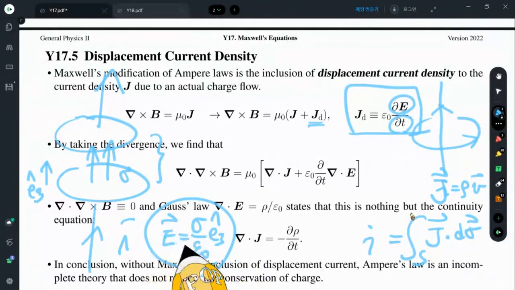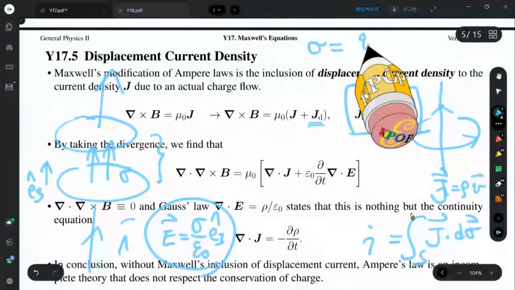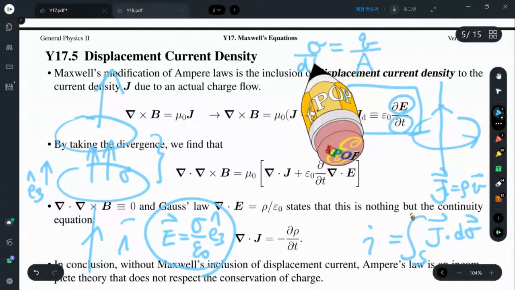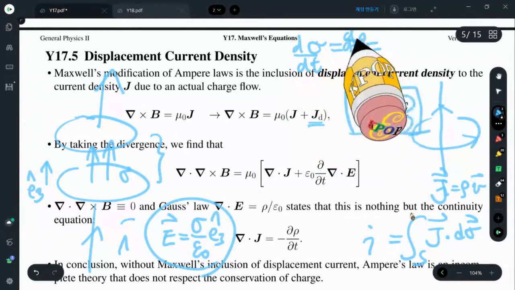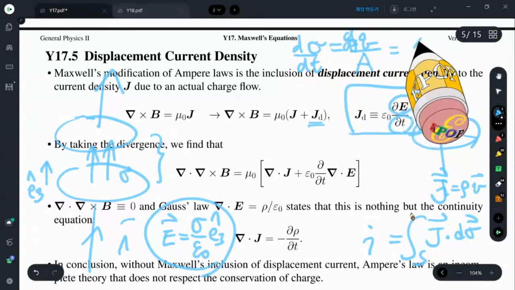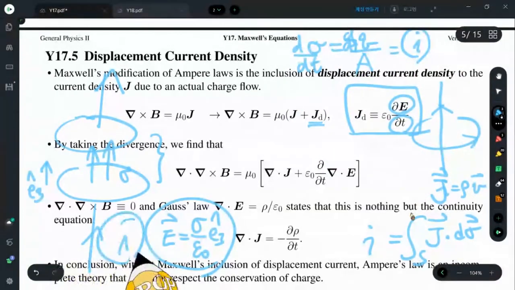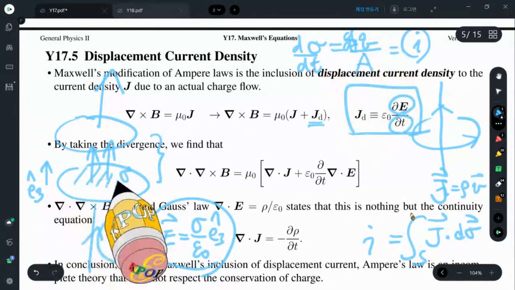Okay, so this electric field is proportional to the charge density. This charge density is a charge divided by the cross-sectional area. Why don't we take the time derivative of this? What's that? dq over dt, that is the current. Okay, so the current is identical to the time derivative of the charge density,